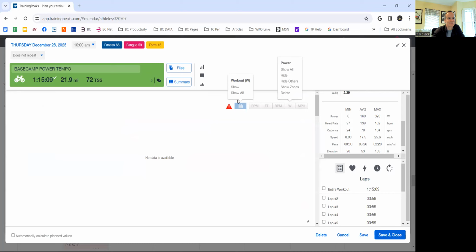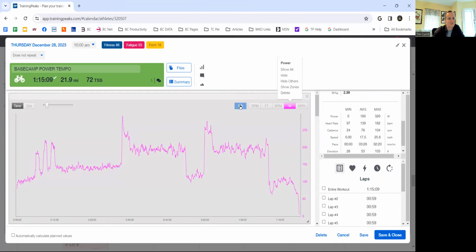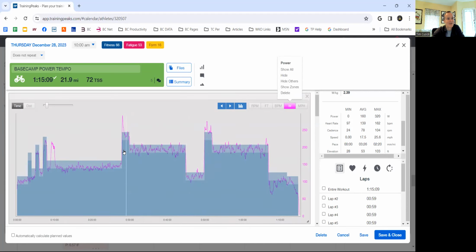Oh, I was wondering if it would let me do that. No, I have to at least show something to show the workout. Oh, look at that. It won't let me bring the workout. There it is. Okay,